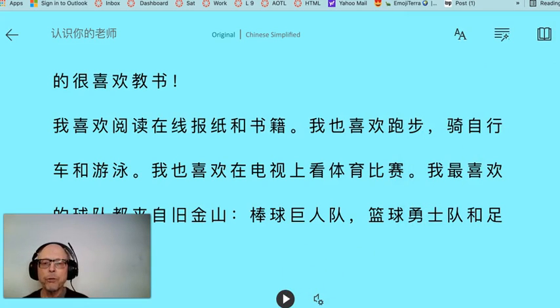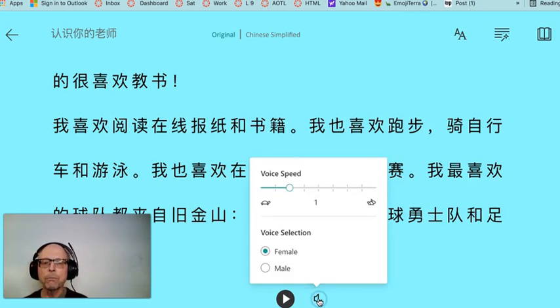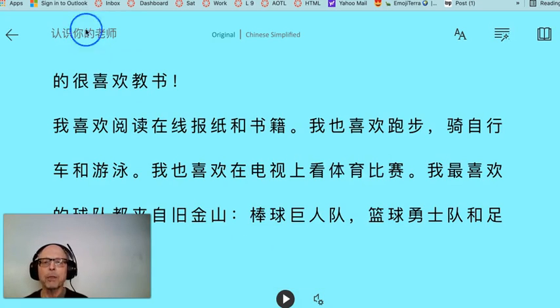Now, one more thing you can do down here, this is the voice control, voice settings. I can make it a female voice or a male voice. And I can make the speed slower by going to the left where the turtle is, or I can go faster to the right where the rabbit is. And 1 is normal. So we're going to have it at 1. And now let's try it. To make it start reading,